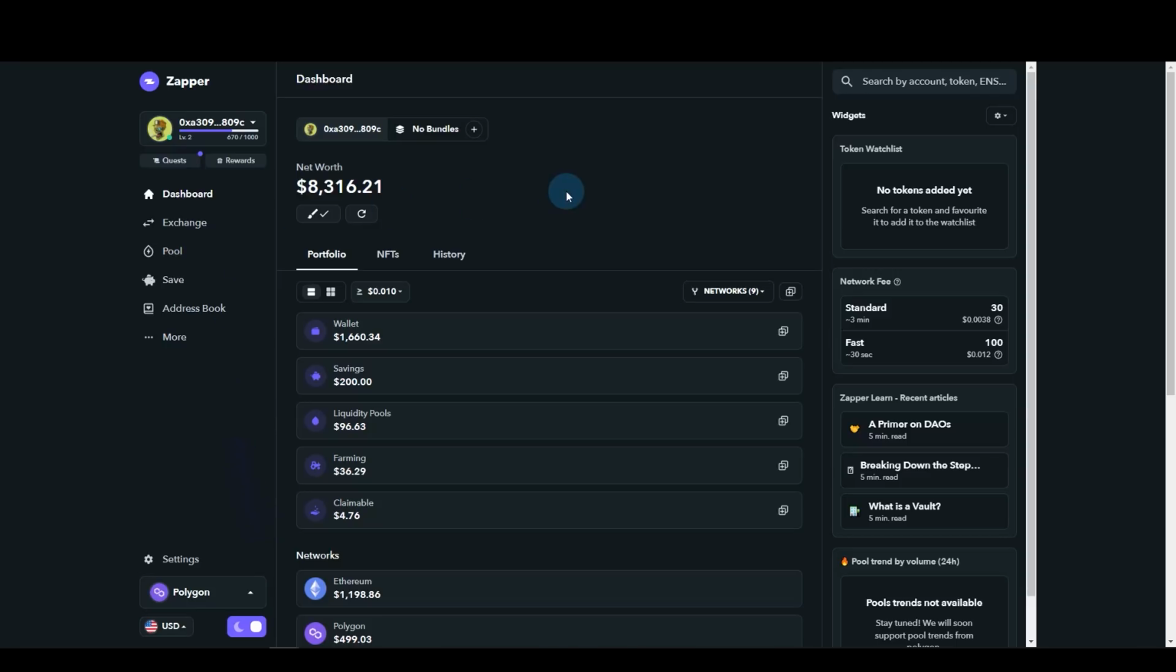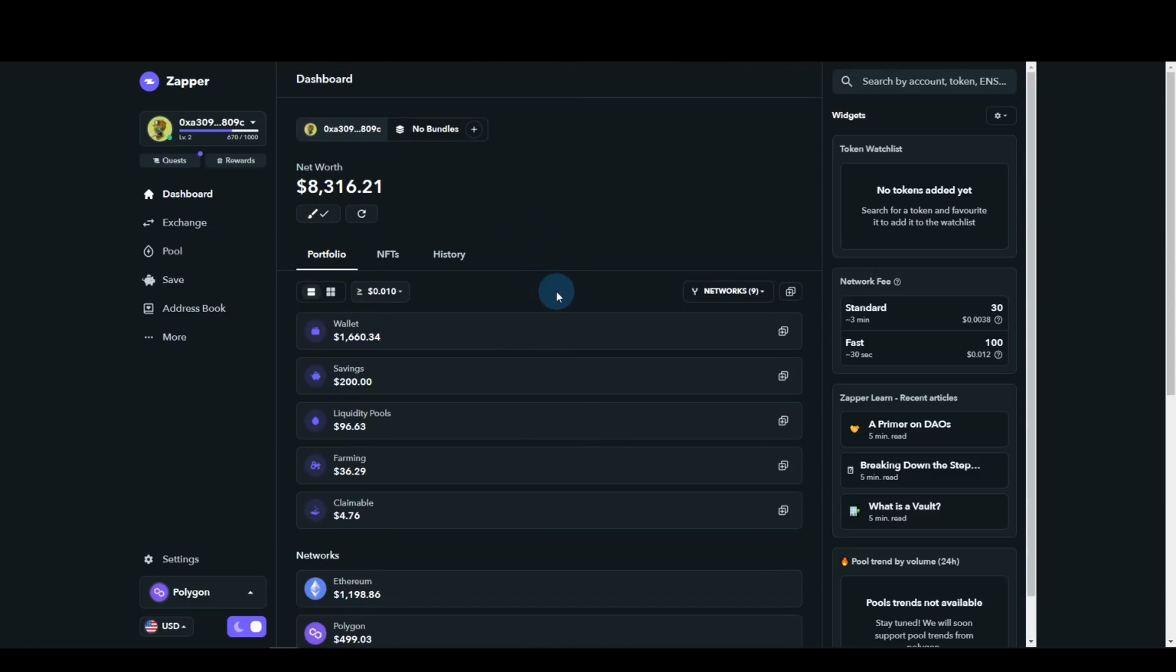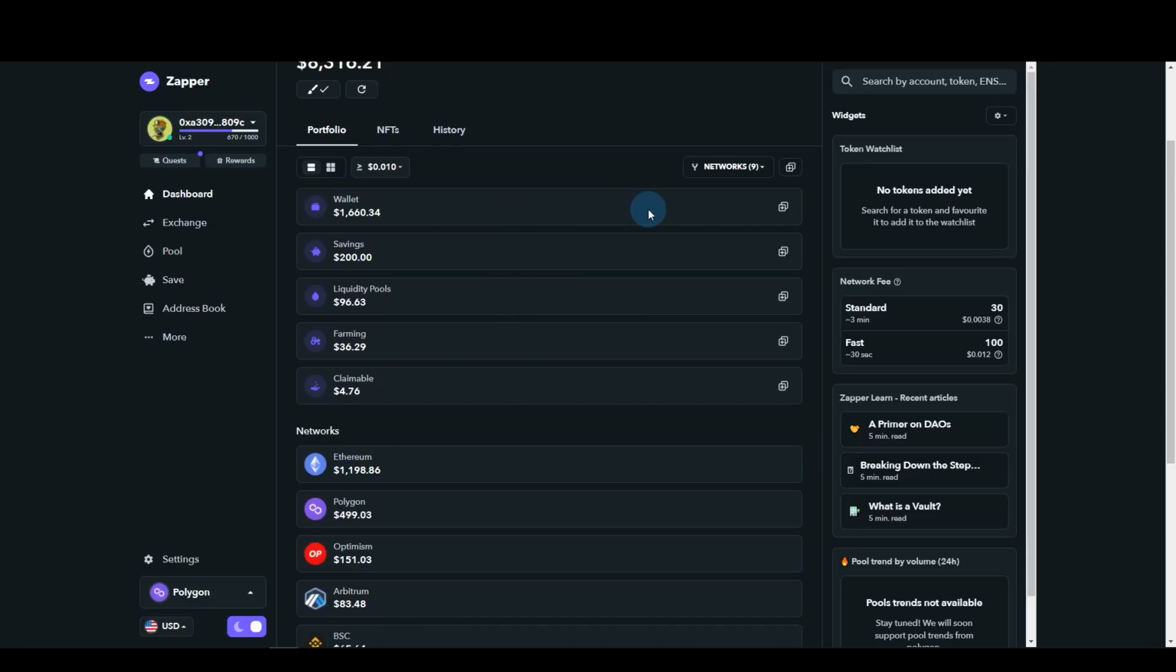Zapper FI. So once you connect your wallet, as you can see, it shows your portfolio. And if you click on these icons, I'm not going to click on them because it will show all the different tokens on it. This is not my main wallet, by the way. So I'm not hesitant to show you what coins there are in the wallet, but still. And savings is something that